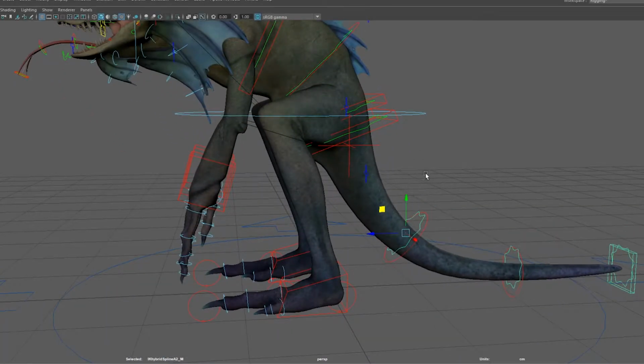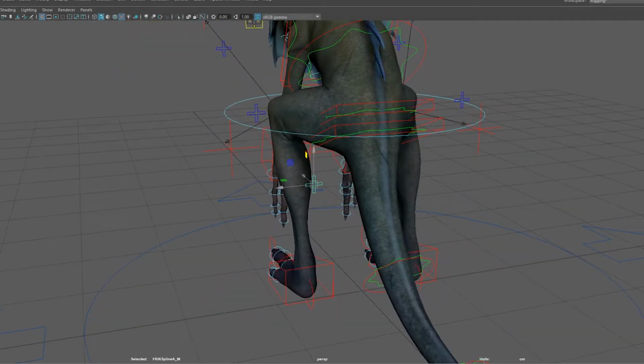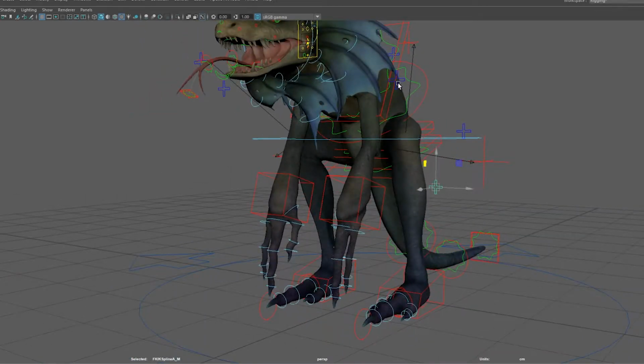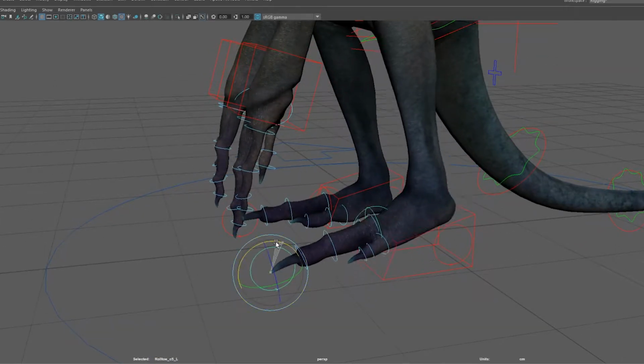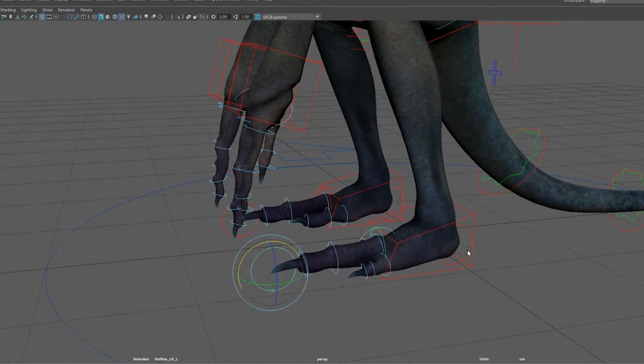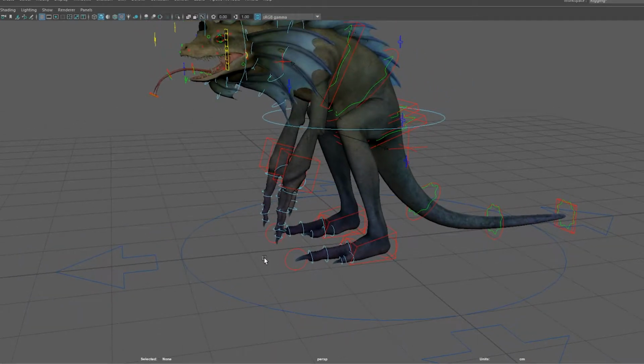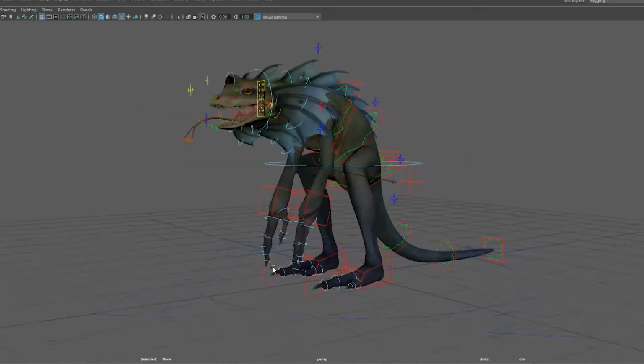Same thing on the tail as well. The blue plus icons are the standard for Advanced Skeleton that let you toggle between them, and as I said before, the same for the hands and feet. The feet in particular have been given full foot controls as well, giving you pivots at the heel, the toe, and rotation of the entire foot, the front foot. It lets you do a wide range of animation that you will have seen at the start of this video